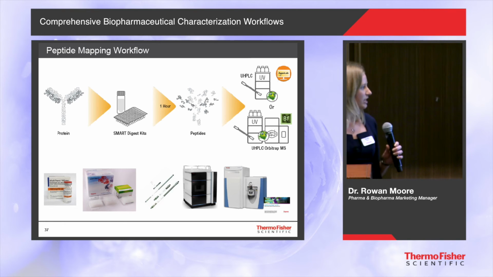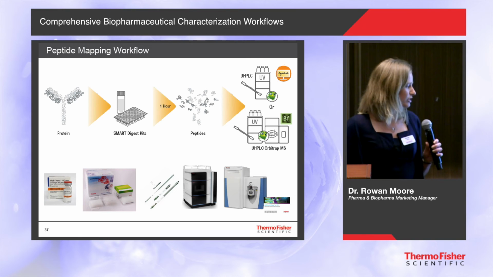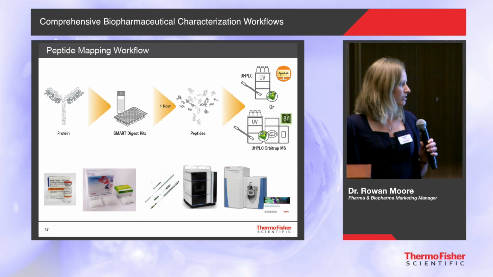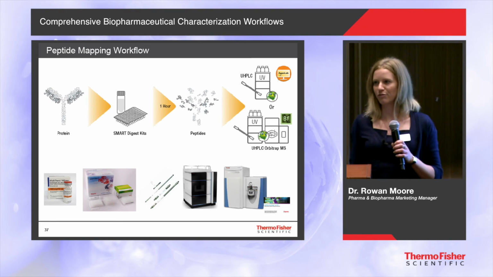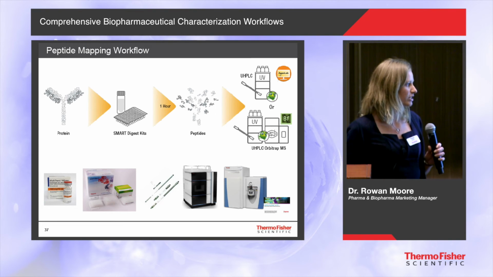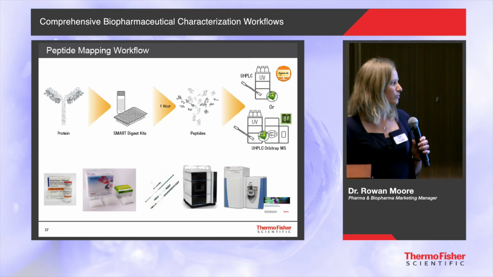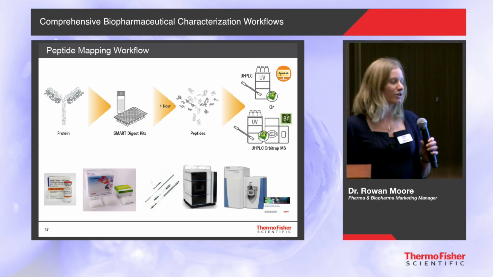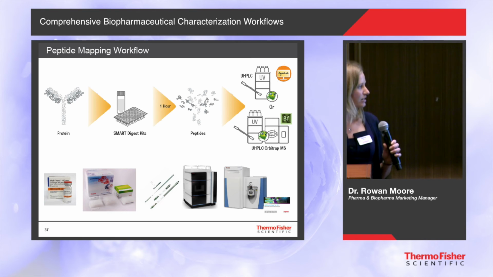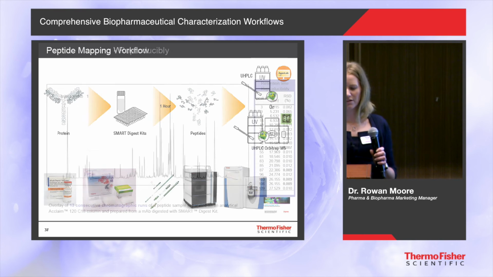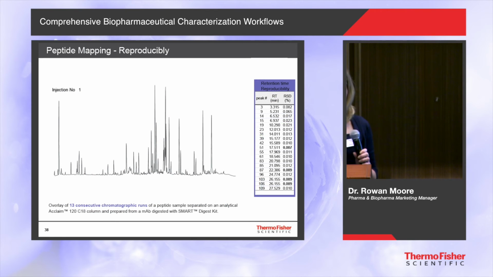So I'm going to show you some data from a digest that was done on rituximab using Smart Digest. All we do is dilute the protein 1:4 with the buffer in the kit, leave it for an hour at 70 degrees, and we're ready to run. The column that we use for peptide mapping is the Acclaim Vanquish C18 120 column, and we analyze this on the Q-Exactive with Biopharma Finder. Here you can see 13 consecutive chromatographic runs of a Smart Digest